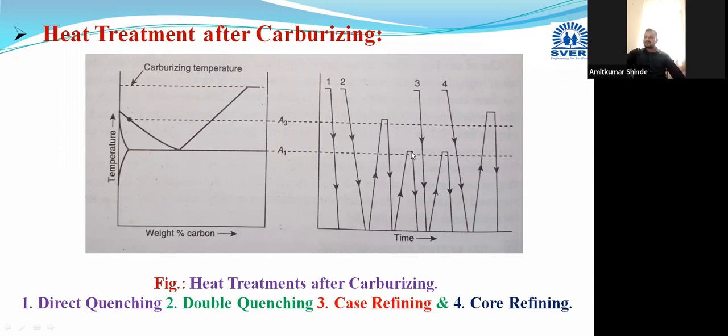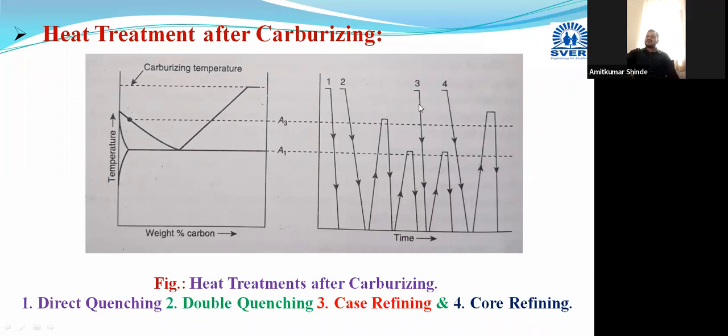Here we are doing the slow cooling, and during this we will end up with the tough core. Exactly at the core, ferrite will be there, which will improve the toughness or ductility at the center. And in this first part, due to the fast quenching, we will get the martensite on the surface. Okay, so this is the double quenching method. In this way, we are doing the double quenching.